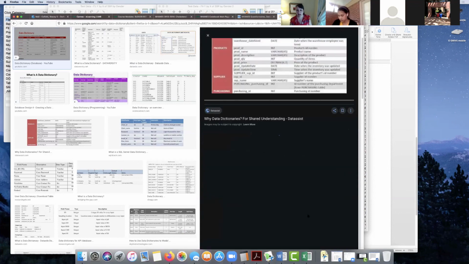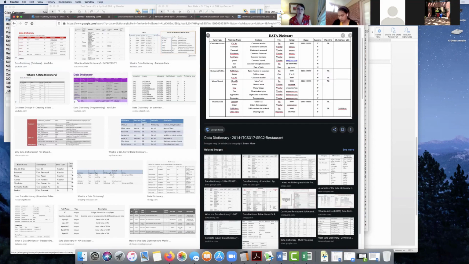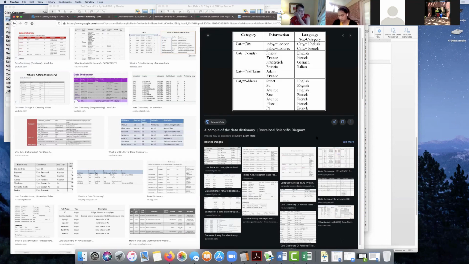But if you had different categories for things, that's where you'd list them. So this has London, this has French and English, and then they've got a language subcategory. So the data dictionary is going to specify what the variables that you're using will look like for your data brief. It takes it from the code book to the data to how you do it for analysis.